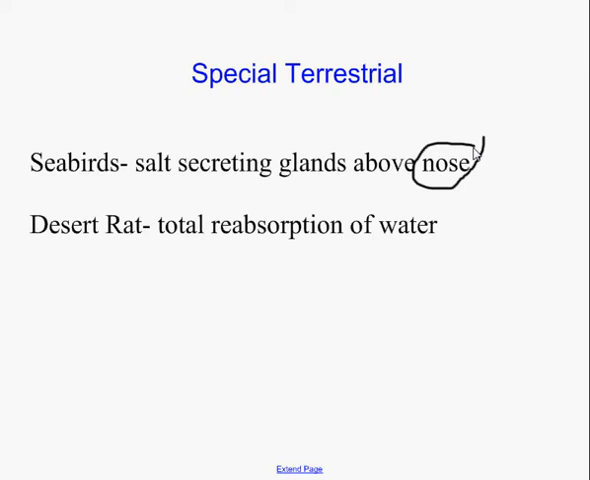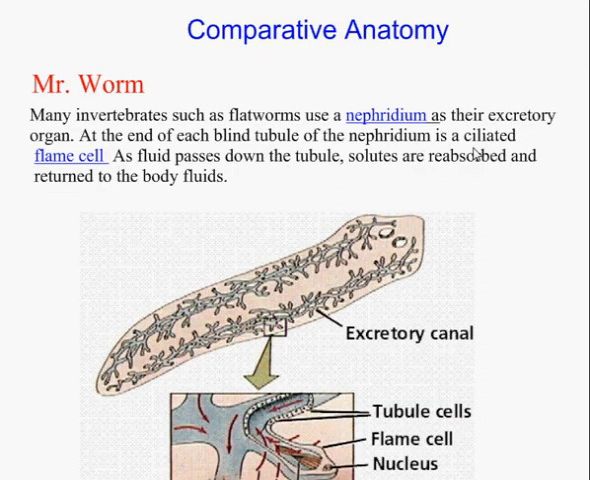Another extreme example is your good old desert rat, or really any animal that's living out in the desert. There's very little water, so what do they do? They have a kidney that almost reabsorbs 100% of their water. So in other words, they just never, ever urinate. And I think that's probably a